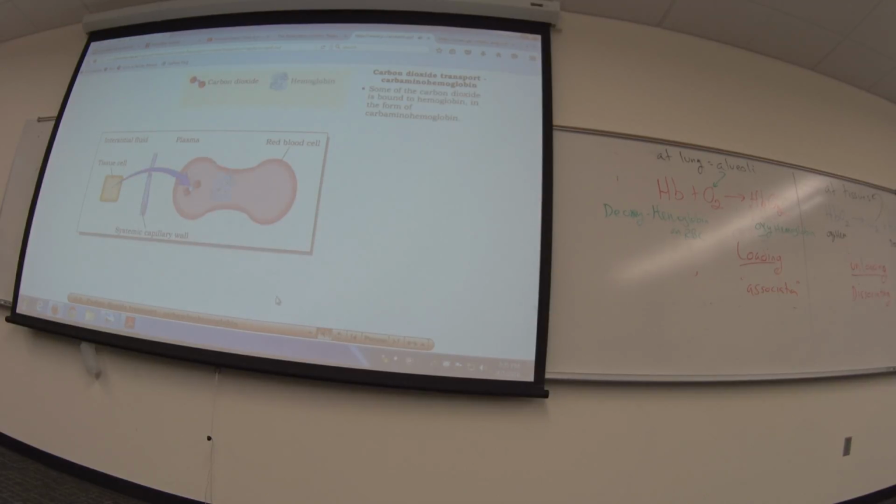A slightly larger percent of the carbon dioxide is transported bound to hemoglobin as